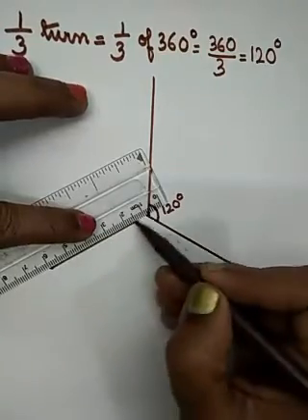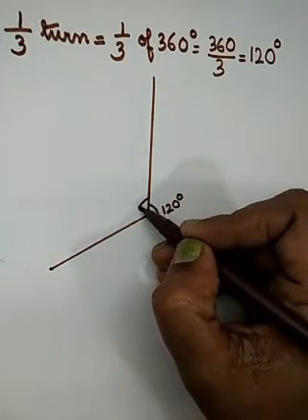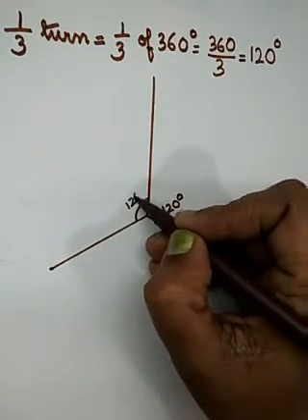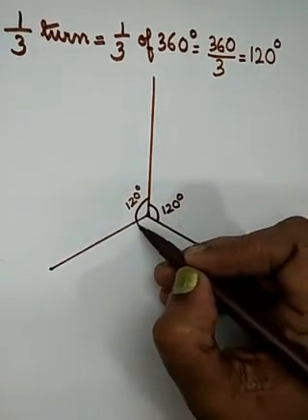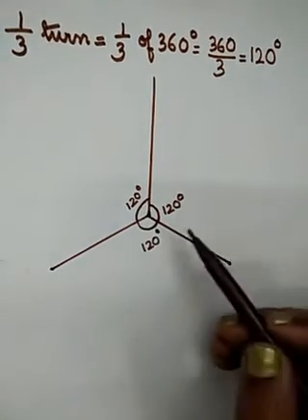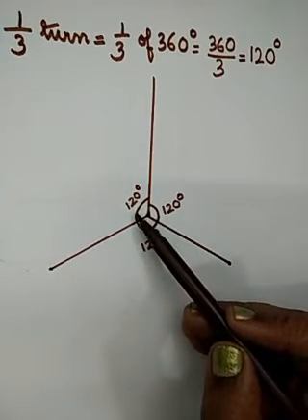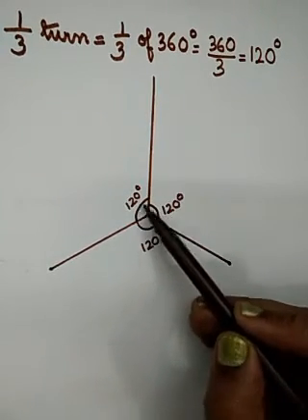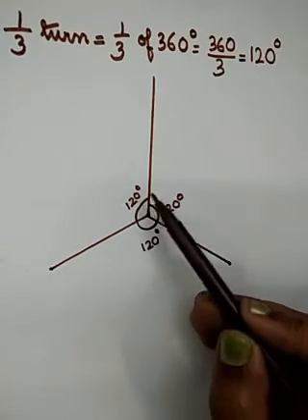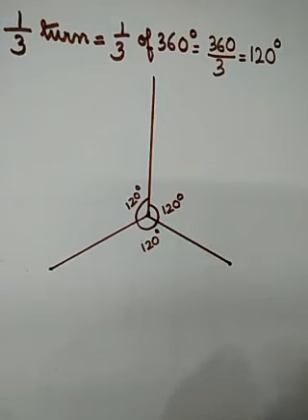You will know now ऐसा क्यों किया है, अब ये पता चल जाएगा. So this is 120. So ये भी कितना है? ये भी 120 है. Okay. And if you measure this, you will find that this is also 120 degree. Because 120 plus 120, 240, 240 plus 120, 360. ये एक सर्कल है. So complete सर्कल कितना होना चाहिए? It should be 360. So 360 में कितने सारे 120 है? There are 3 120s. Okay?